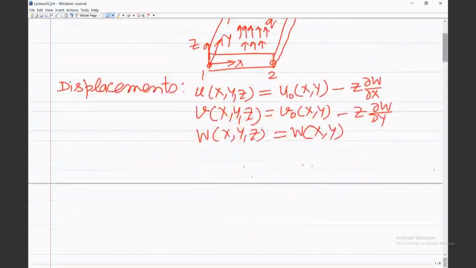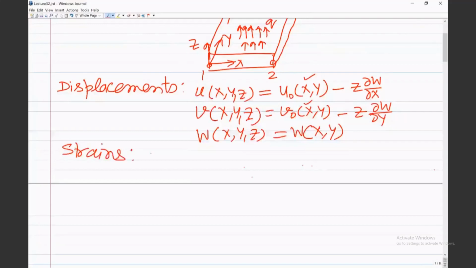The only difference compared to what we have discussed earlier is that we have these two terms. For finite deformation, we need to consider these terms because the middle surface is going to stretch. Otherwise, in a small deformation problem, the classical Kirchhoff plate bending problem, we assume that the middle surface does not stretch, so u naught and v naught are taken as 0. Then if you look at the strains,